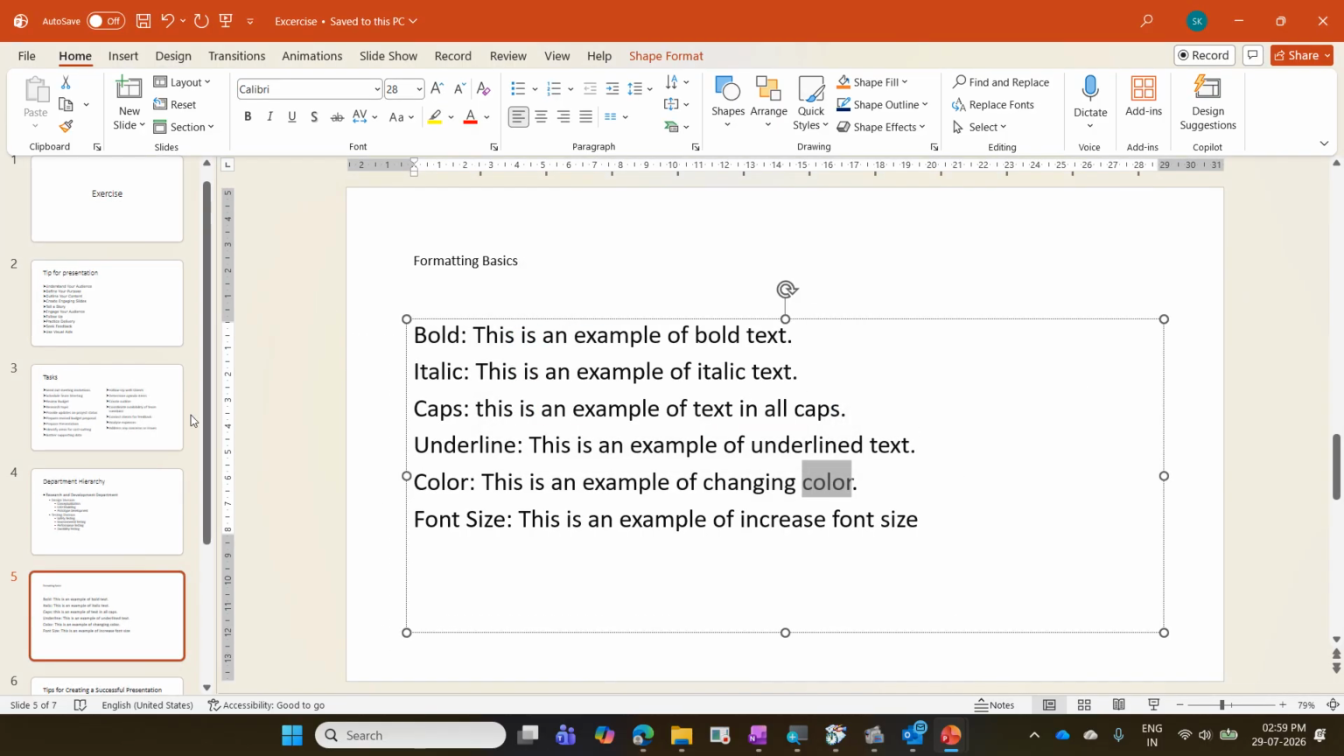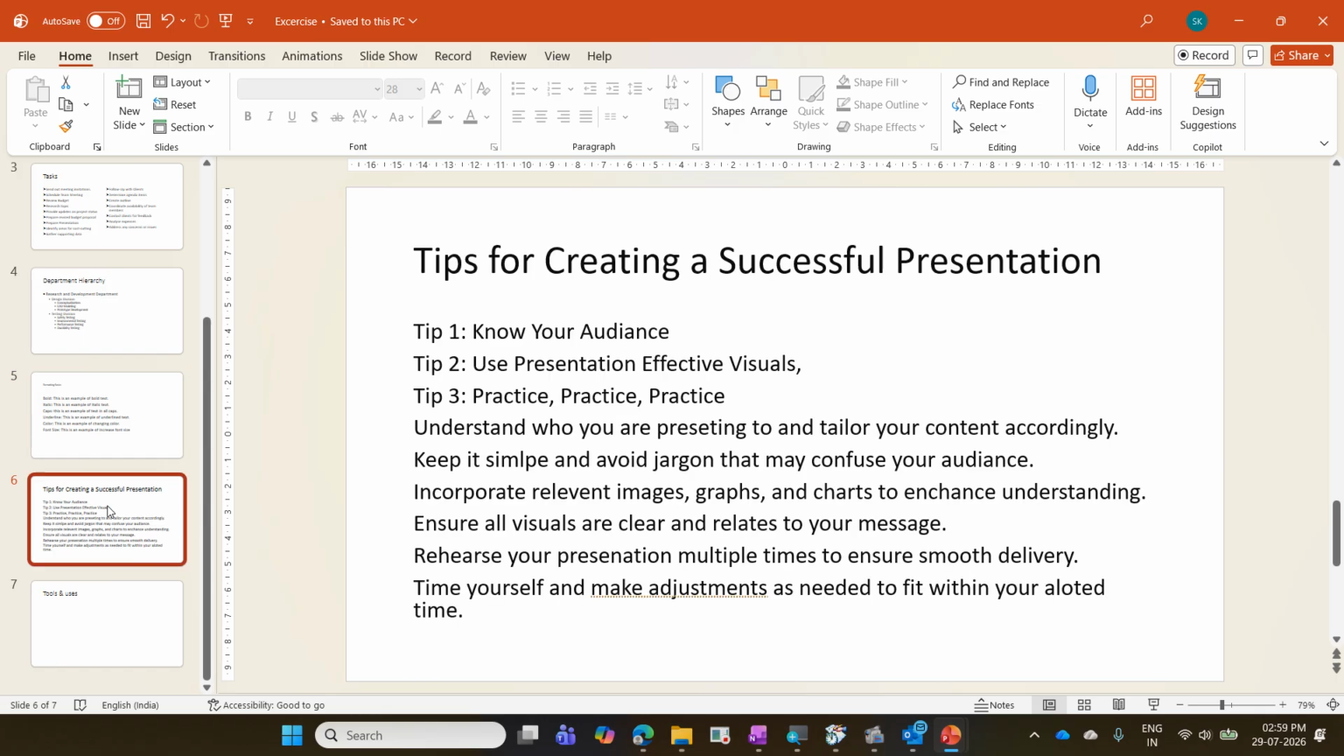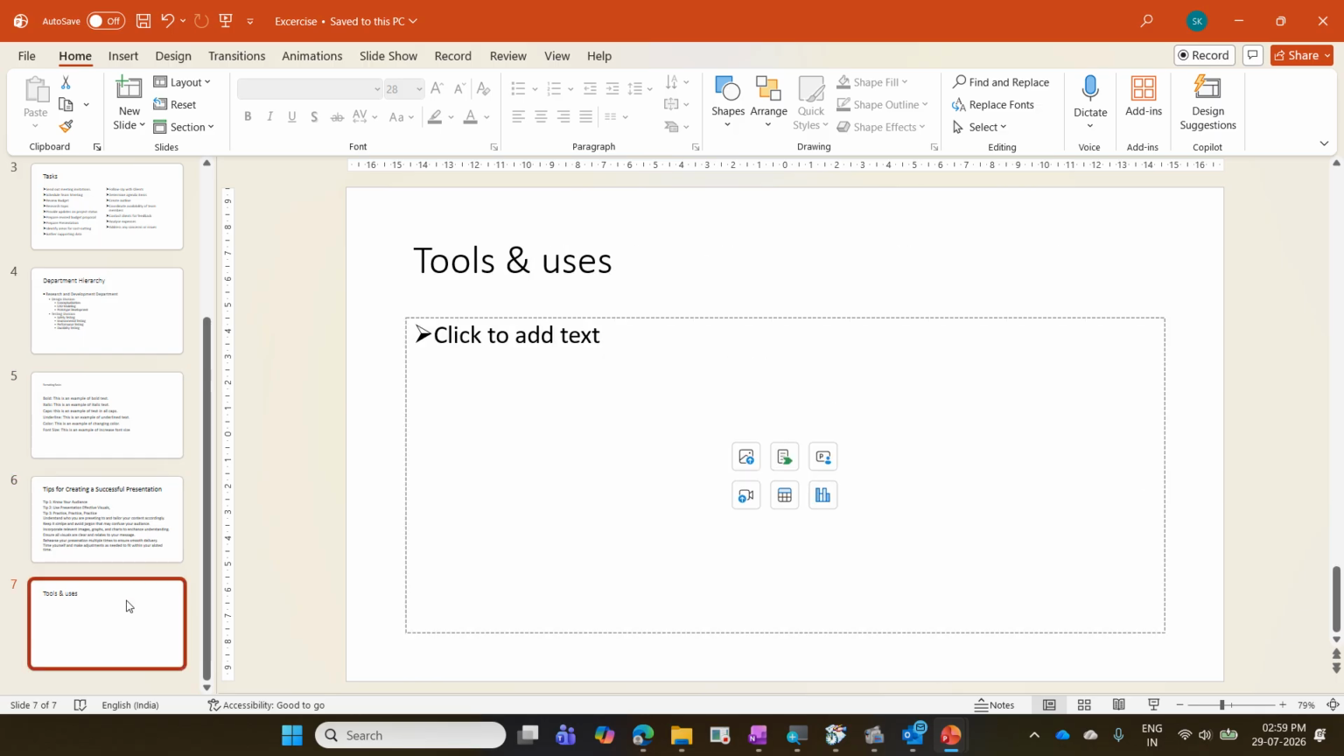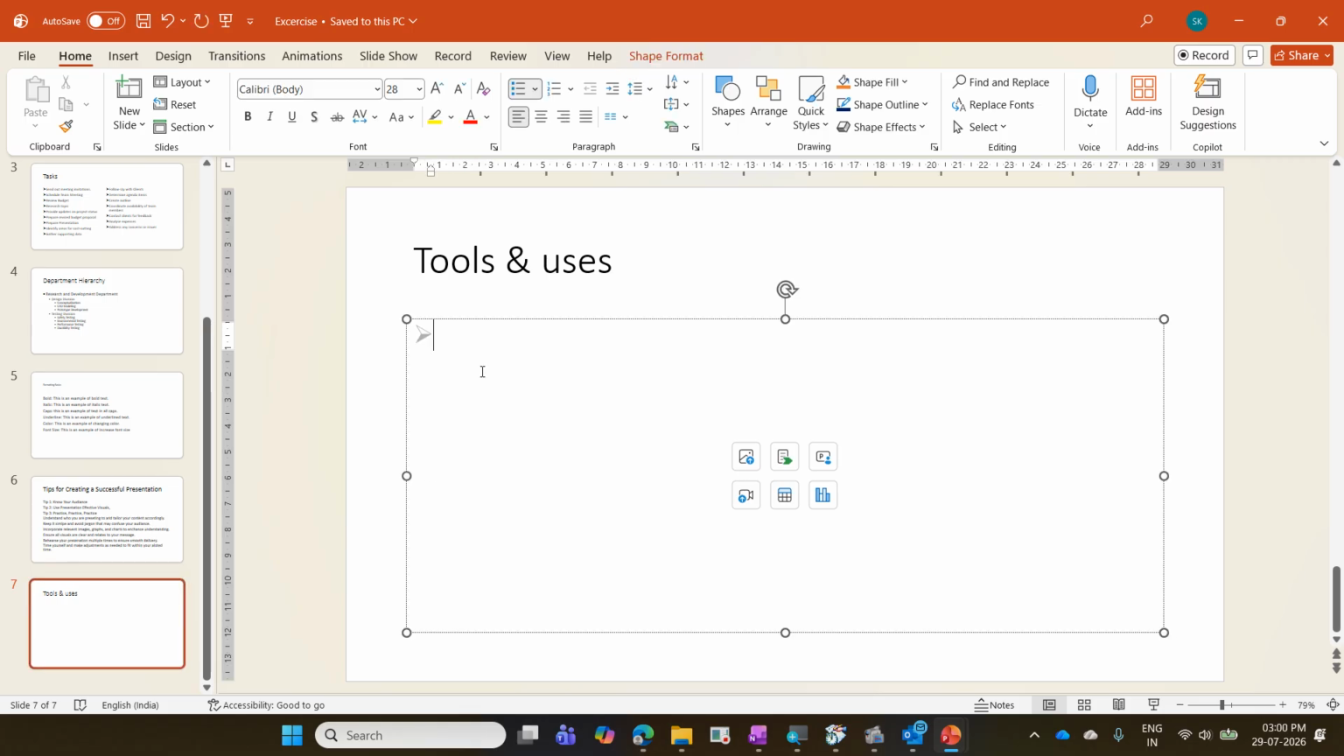Tools and uses. There is no content here. You have to type the content and do it. It's a free hit. Now what I mean by free hit is whoever finishes first. I'm giving 6 for first, 4 for second. Now whoever finishes first will get